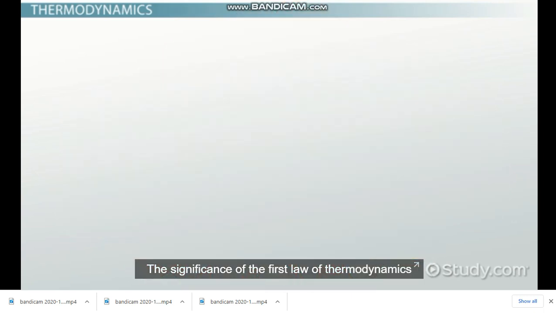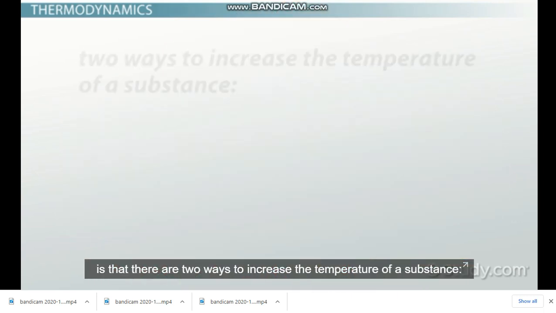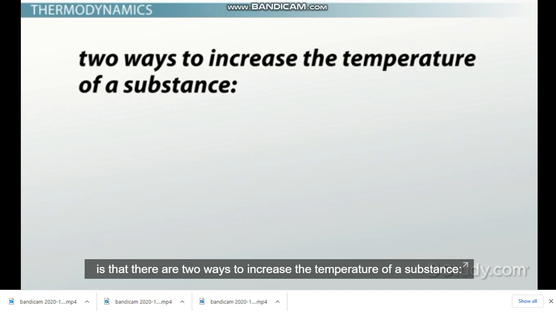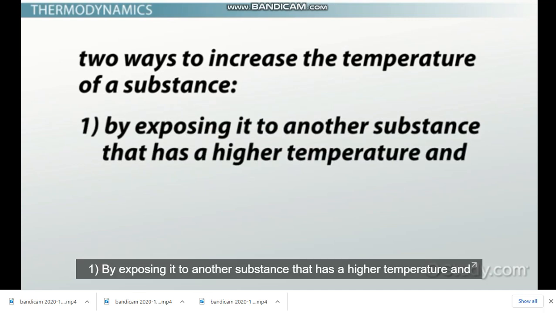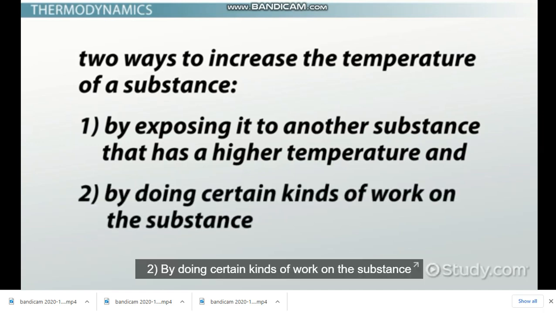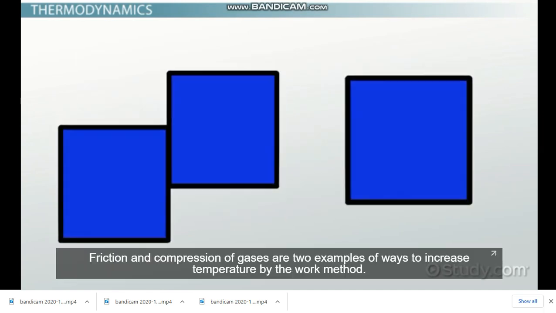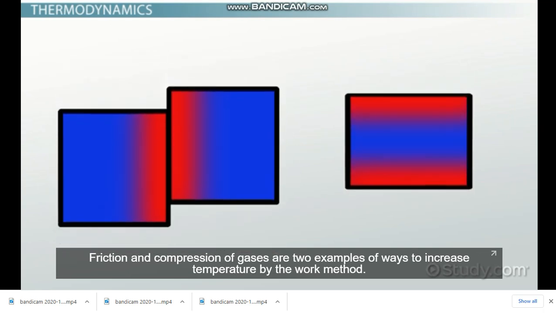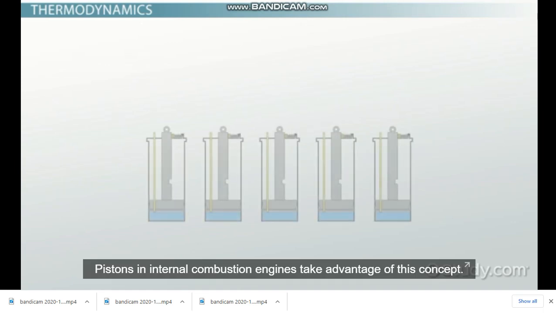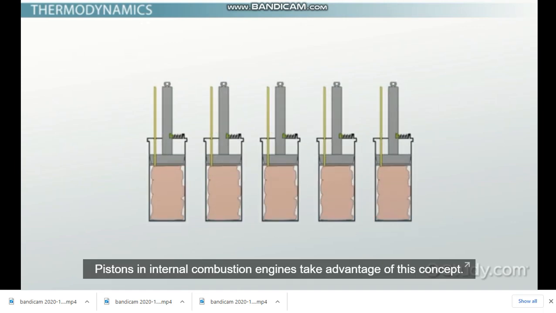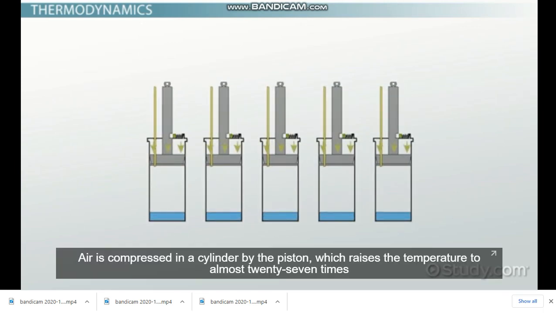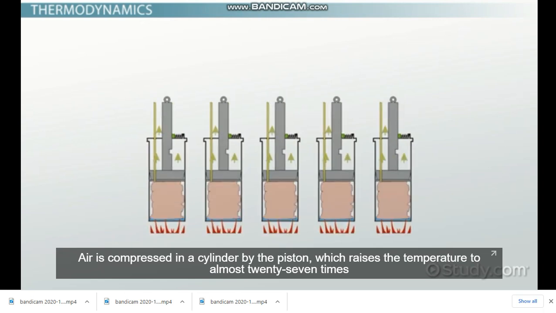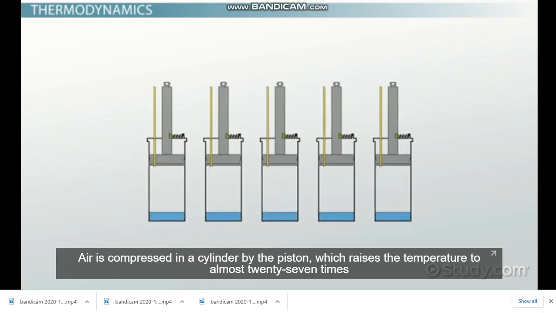The significance of the first law of thermodynamics is that there are 2 ways to increase the temperature of a substance. 1, by exposing it to another substance that has a higher temperature, and 2, by doing certain kinds of work on the substance. Friction and compression of gases are 2 examples of ways to increase temperature by the work method. Pistons in internal combustion engines take advantage of this concept. Air is compressed in a cylinder by the piston, which raises the temperature to almost 27 times the temperature of